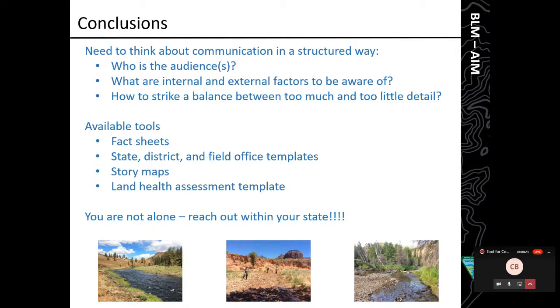I think there's a lot of value, though, in broadening how we think about some of our AIM principles and thinking about communication in a structured way: thinking about who your target audience is, and this idea of internal and external factors to be aware of and how that can influence the story that you want to tell, or what content you want to have in there so that you anticipate people's concerns or fears or questions that they might have. And often we need multiple lines of communication, just like we use multiple lines of information to make decisions. We're going to have varied audiences that require different types of tools.